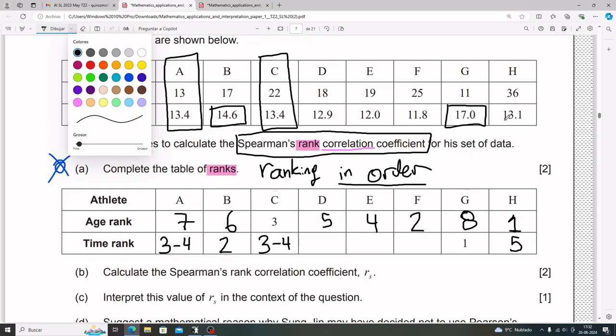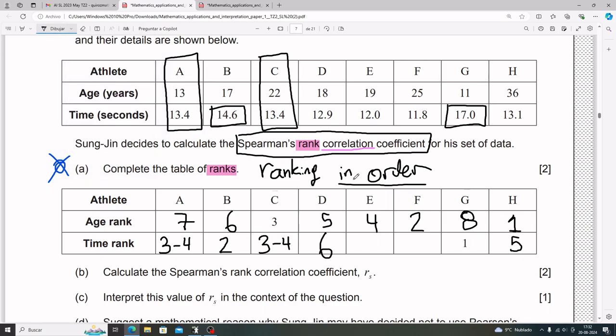So after 13.1, the next highest seems like it's athlete D. So I'm going to put a 6 here. Then it's athlete E with 12. Then it's athlete F with 11.8. Now,